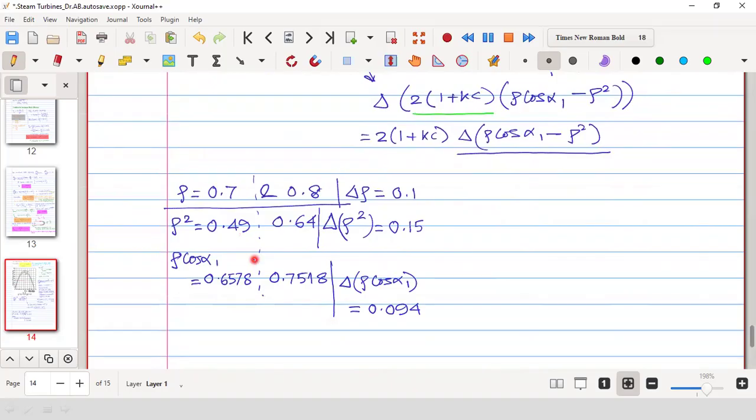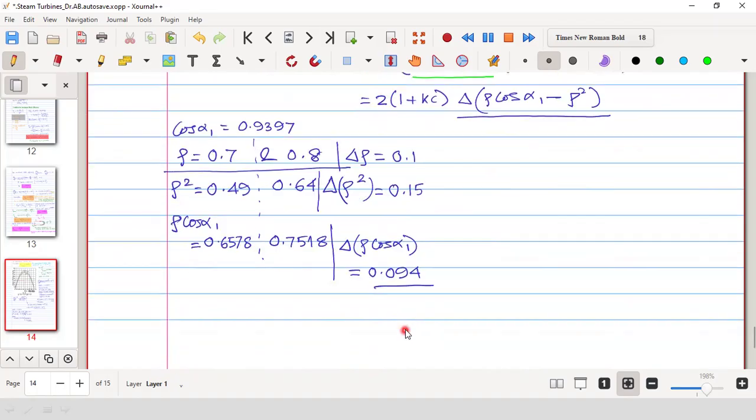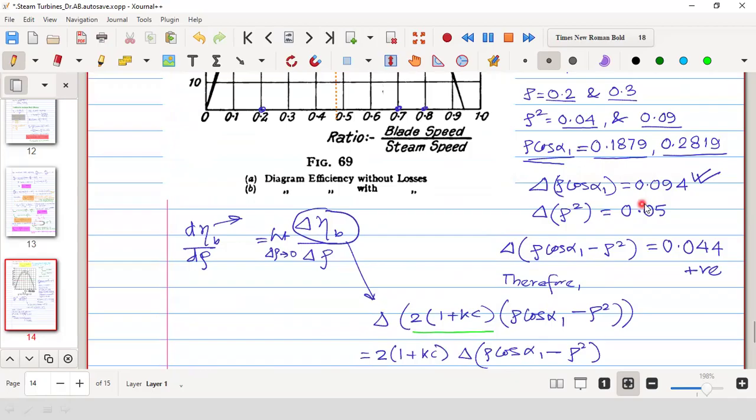কস আলফা ভ্যালু কত ছিল? কস আলফা ওয়ান হ্যাঁ এটা 0.94 ছিল, প্রায় 0.9397। এইটাকে আমি যদি 0.1 দিয়ে মাল্টিপ্লাই করি, সেটা ওই 0.94ই আসবে, সেমই আসবে। ভ্যারিয়েশনটা দেখো, ওটা হচ্ছে লিনিয়ার ভ্যারিয়েশন। আর এইটা হচ্ছে নন লিনিয়ার ভ্যারিয়েশন।